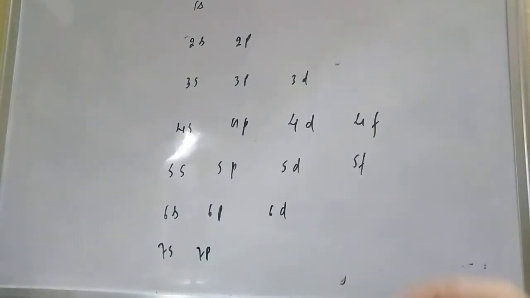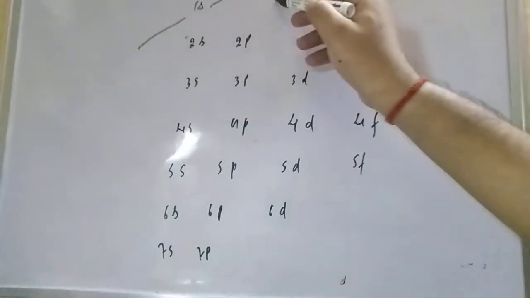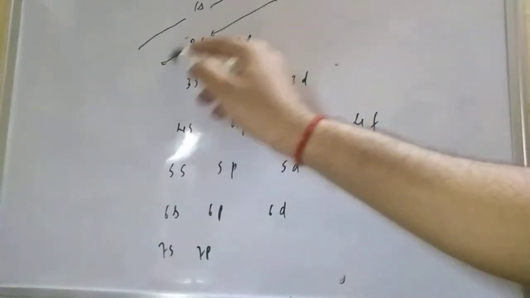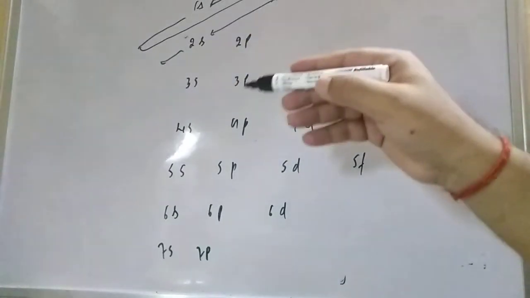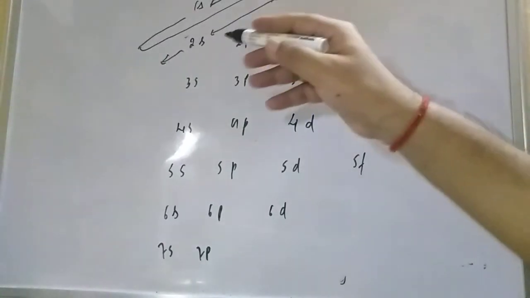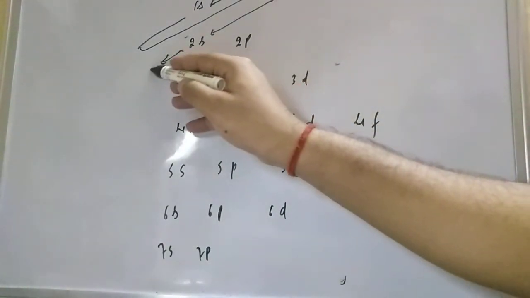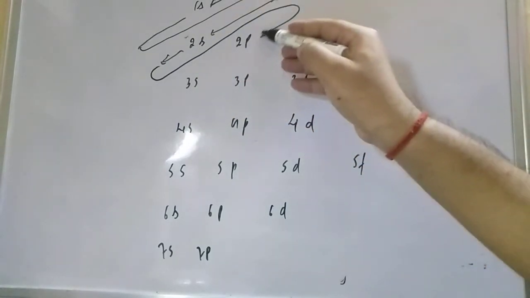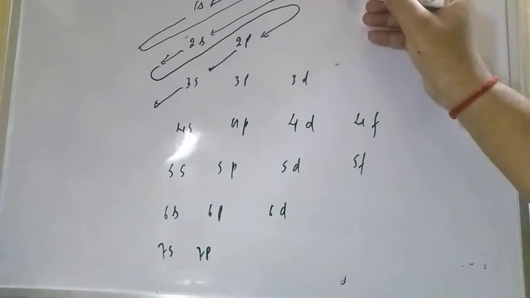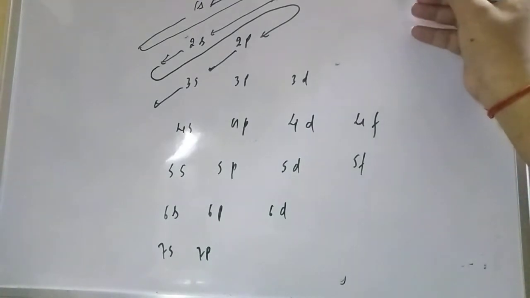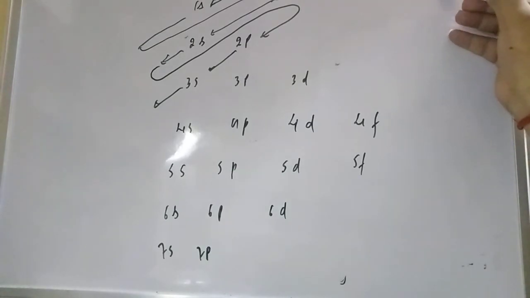This many he gave, and he said that the energy will move like that. First the electron goes to 1s, then it returns back and fills in 2s. After 2s, the electron goes back again, and then 2p and 3s will come. So you can write 1s, then 2s, then 2p, then 3s.